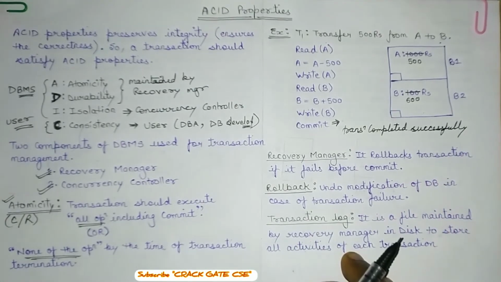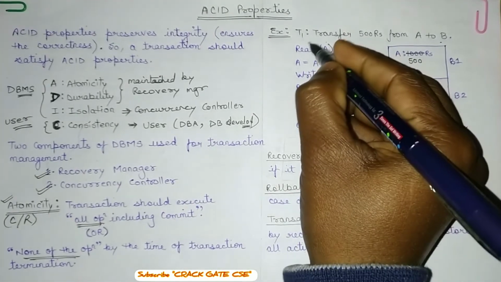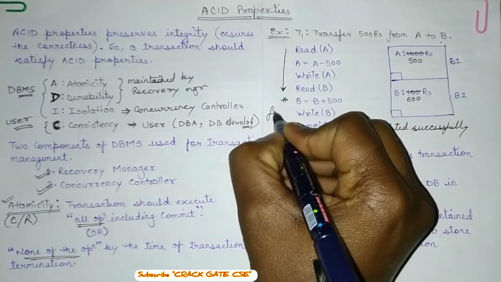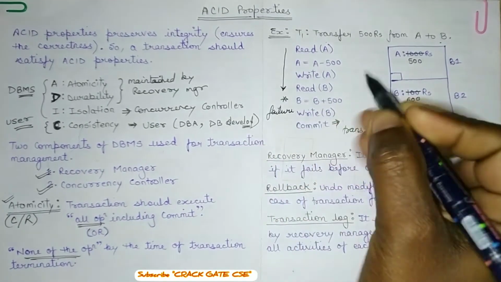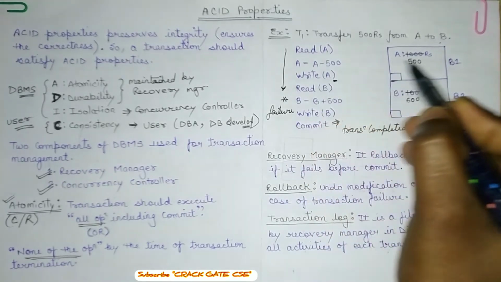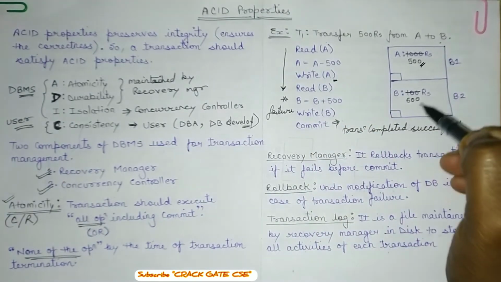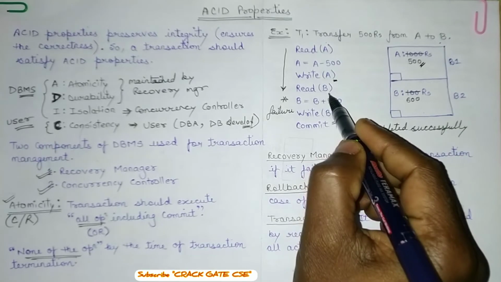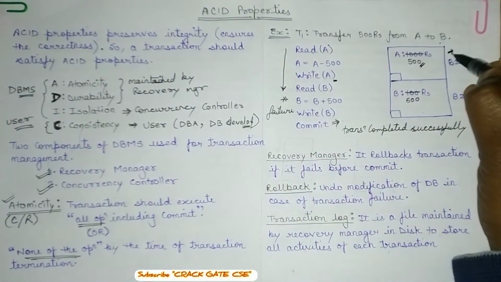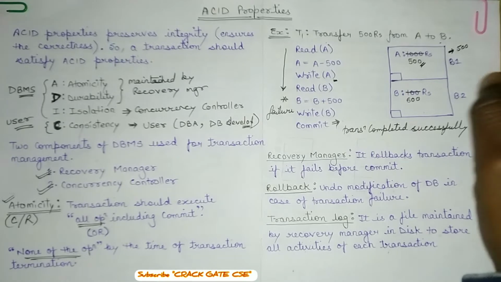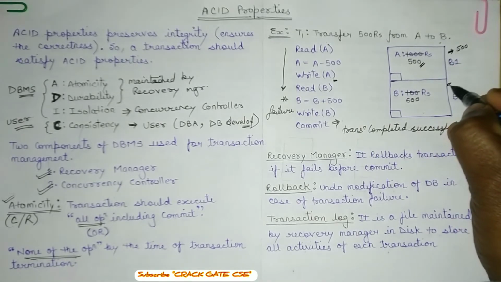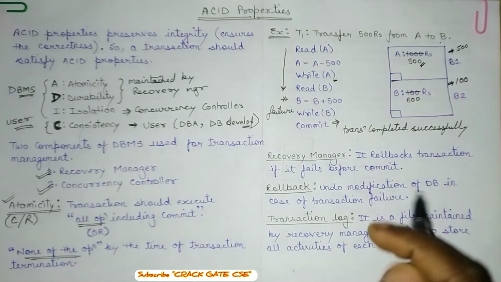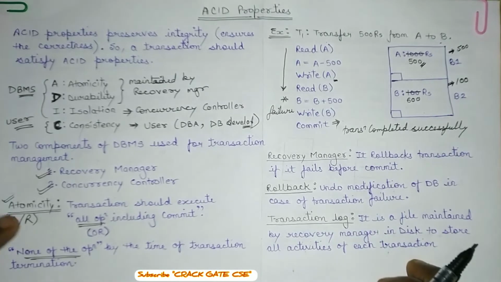Right? But there can be a scenario, let's say that after doing all of these 4 steps, we got a failure. That means after updating the write of A as 500, we got a failure. And if we got a failure after write of A or after read of B, then the balance in A will be 500. That means the balance is deducted from this account and the balance of B is 100 rupees. That means it has not received the balance yet. So this should not be the case with atomicity.